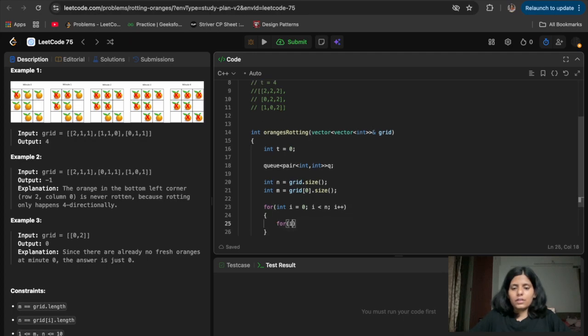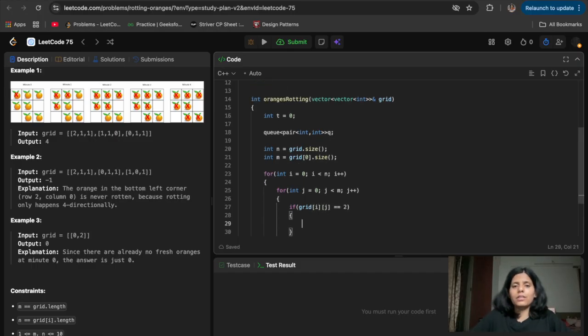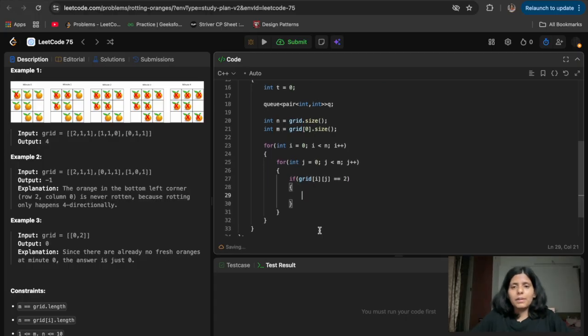For i and j from 0 to n and m, if grid at ij is equal to 2, it means it is a place where we have a rotten orange, then push it in the queue.